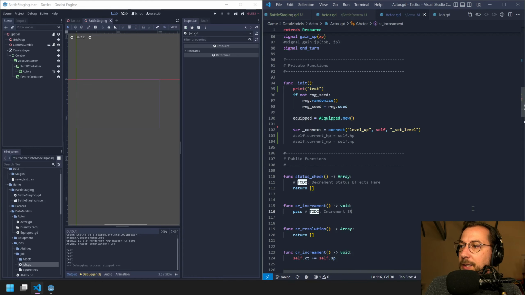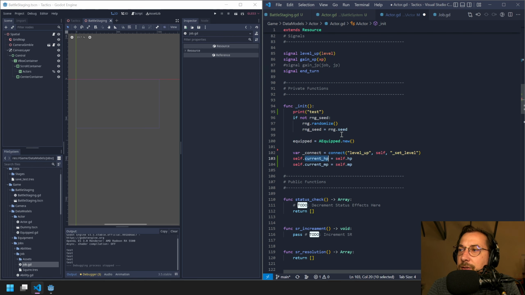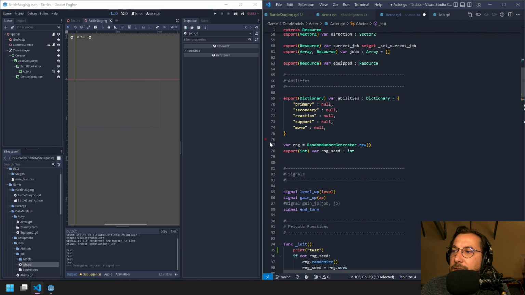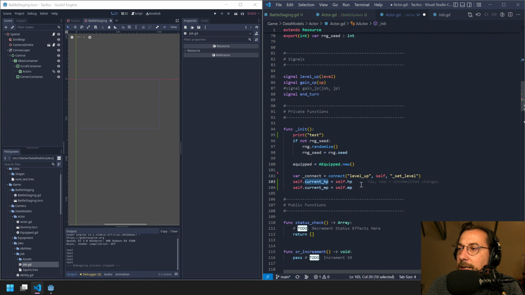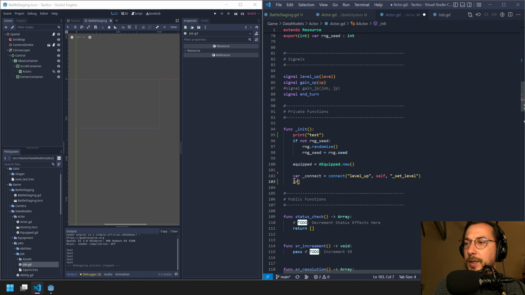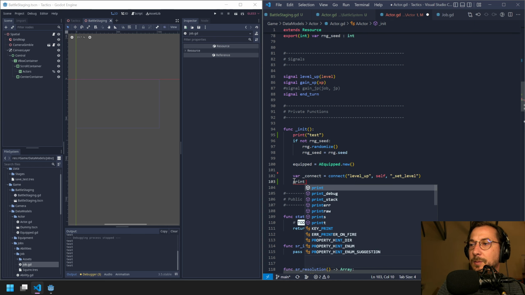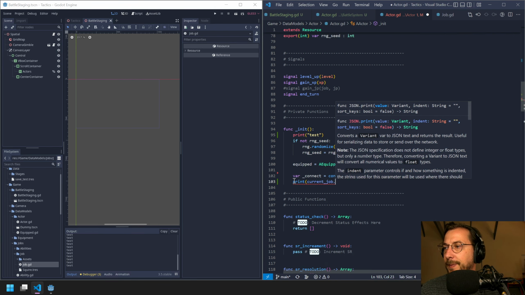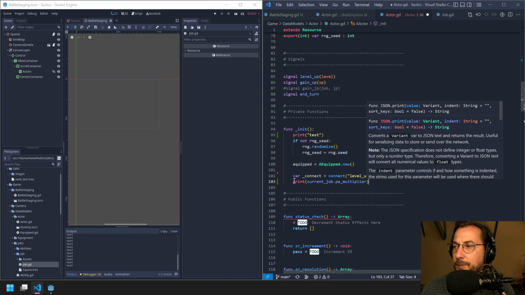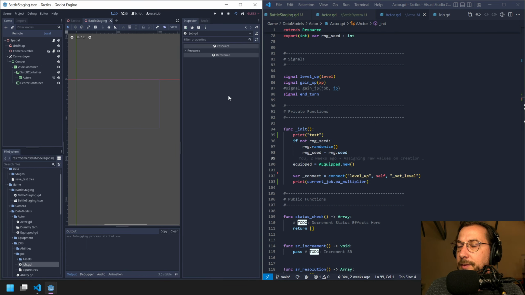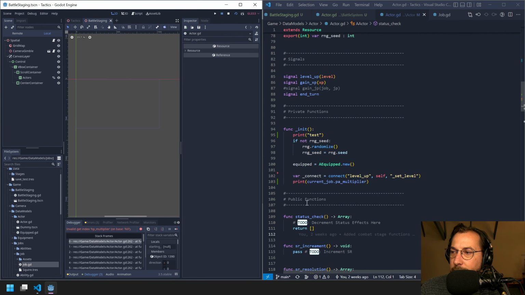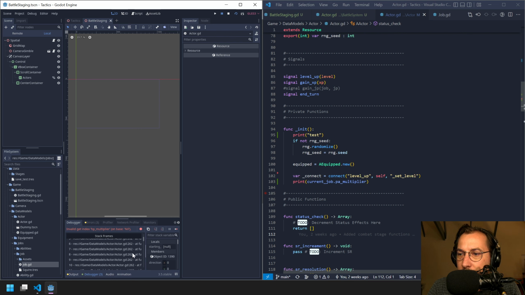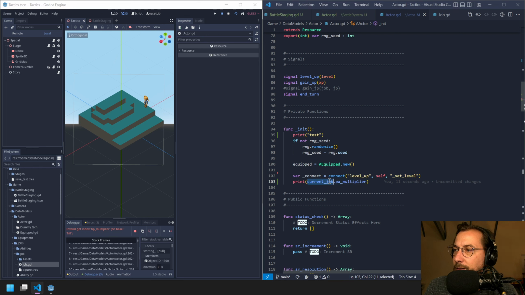Yep. Okay, so the issue isn't so much... The issue is initialization. Like on initialization, if I were to say print current job PA multiplier, we're going to get the same error. If I did that, yeah, vector 162. Get index. Why didn't it see my change? Regardless,